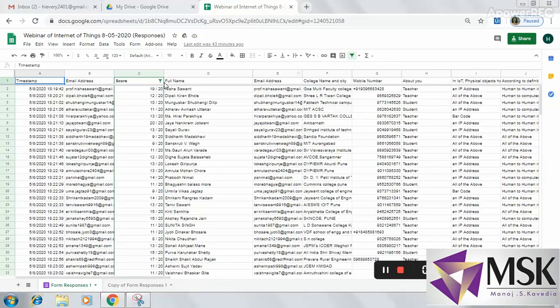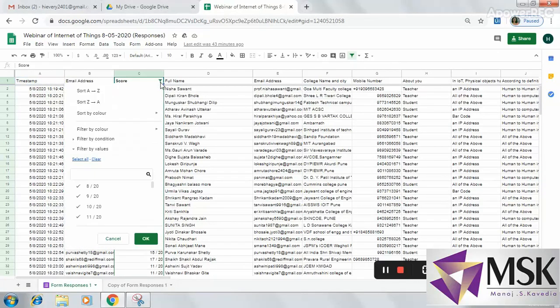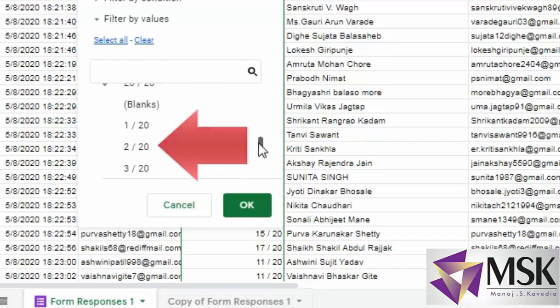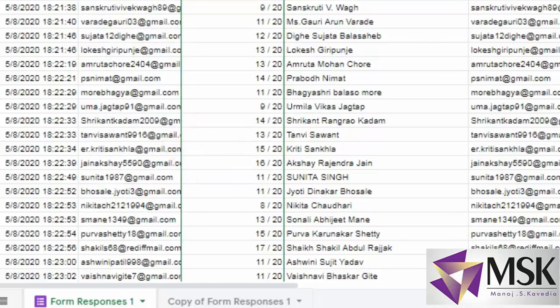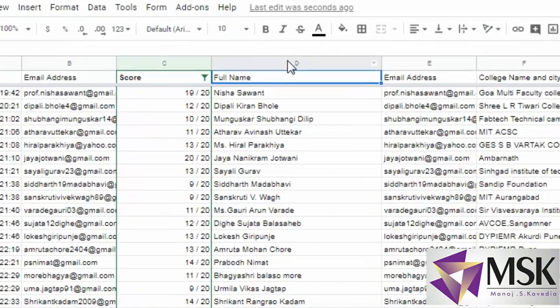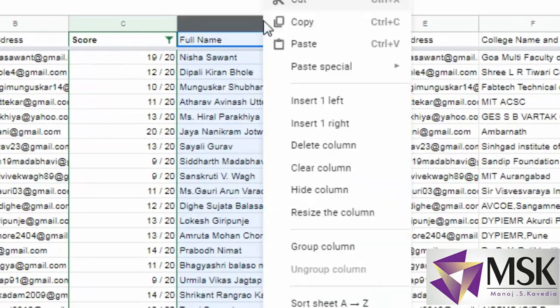Now I'll see the criteria which I have set. So you can see the ones who are passing are ticked, and the ones who are not qualified are not ticked. So for those which are not ticked, the certificate won't be generated. Fine. Now I will create another Excel sheet of only the names which I want to put on my certificate. So I'll select this and I'll copy.